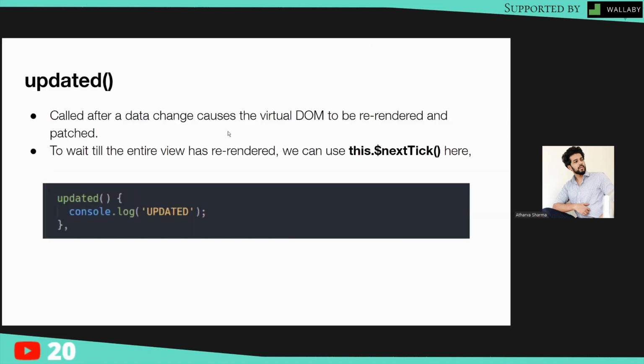Similarly, we have the updated hook that is called right after that, and it ensures that the DOM is patched and re-rendered and our updates are saved. Just like mounted, we also have the $nextTick function here, which we can use to ensure that the entire view has been updated and re-rendered, and then we can perform operations accordingly.